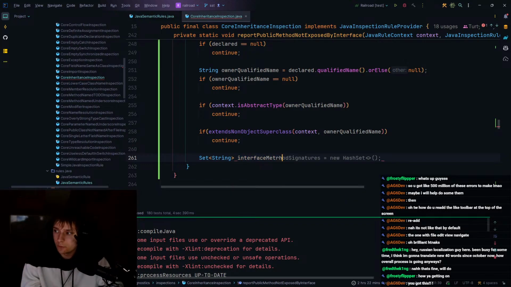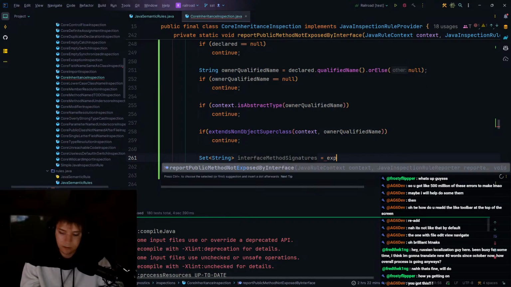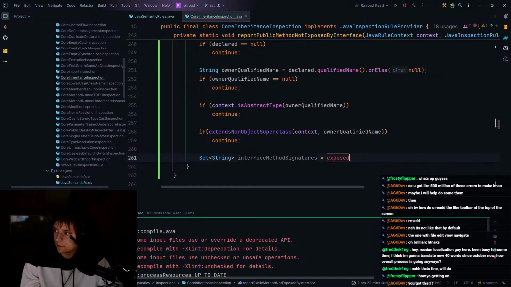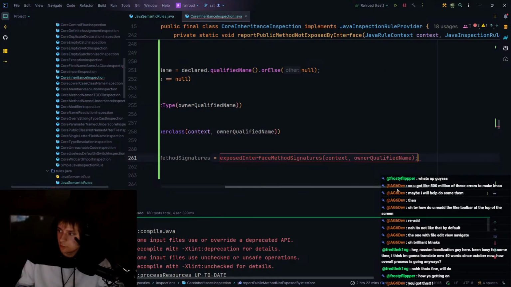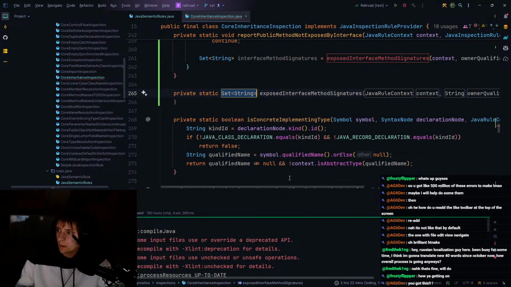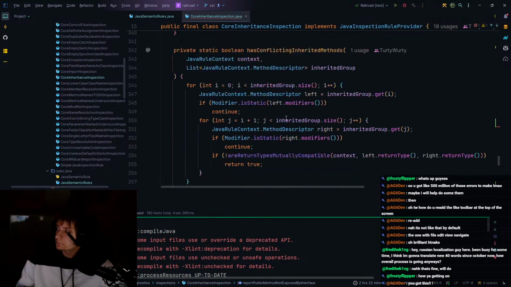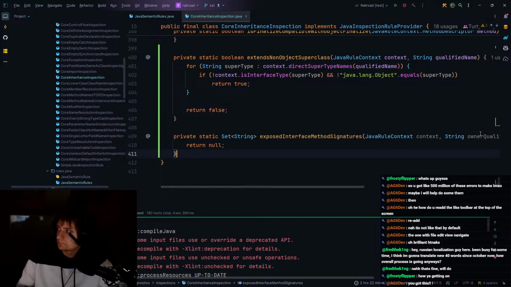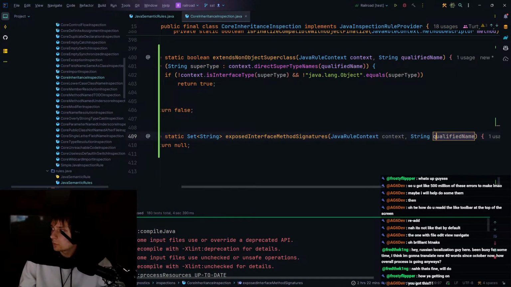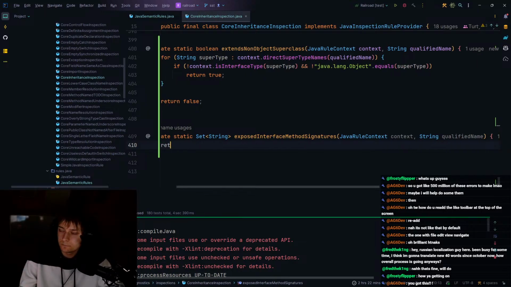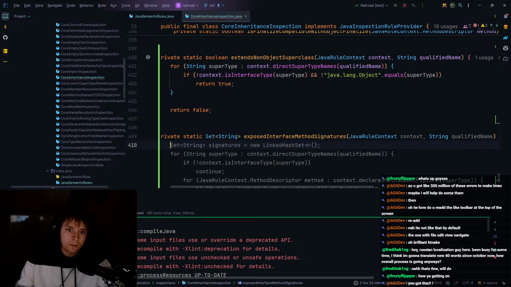Interface method signatures is equal to exposed interface method signatures on context qualified name. Okay. Put this all the way at the bottom. Do qualified name. Okay. So then